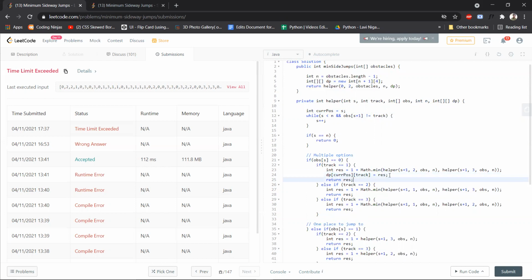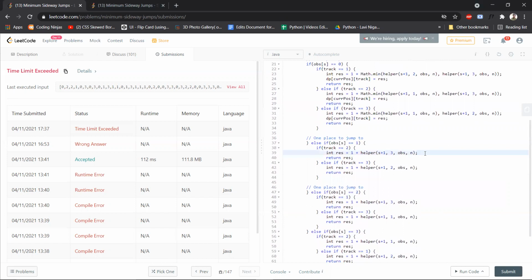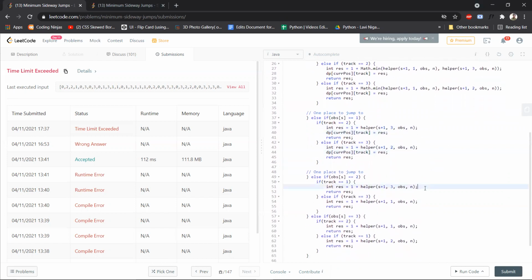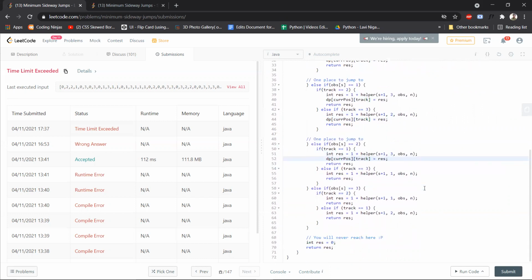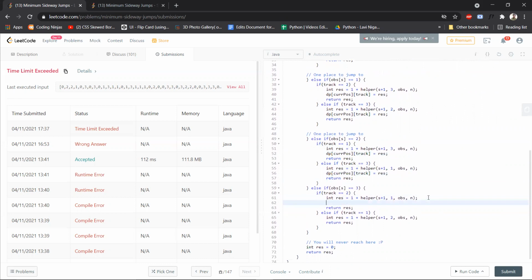So see, this is how we are building our DP table. Before returning the result, we are storing it in a DP. We need to make this change everywhere, here and here. Let me just quickly make this change everywhere. So before returning our result, we are caching our data into this table so that when we compute it again, we can simply reuse the value.